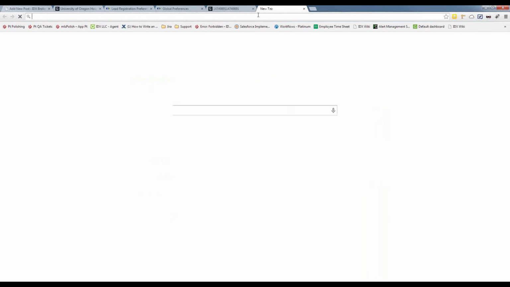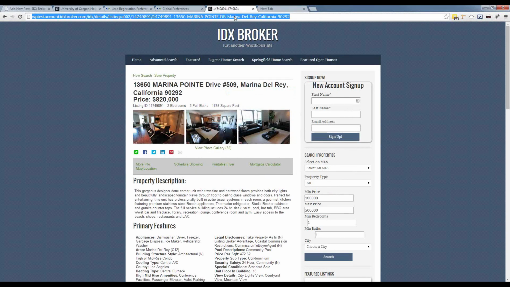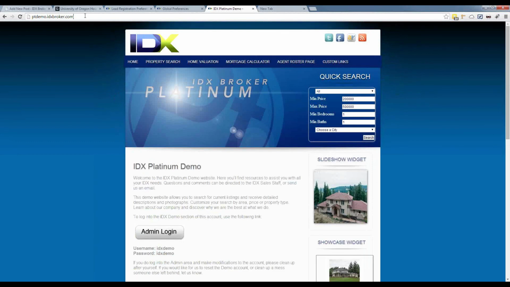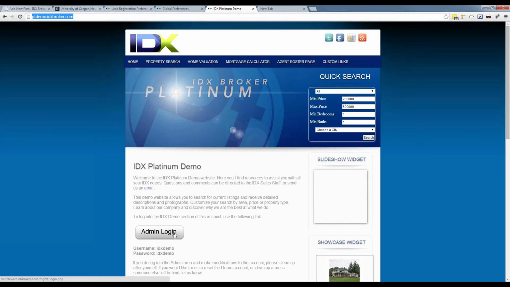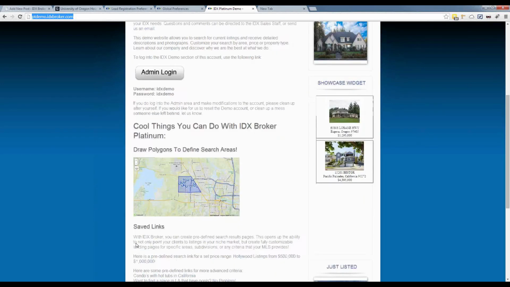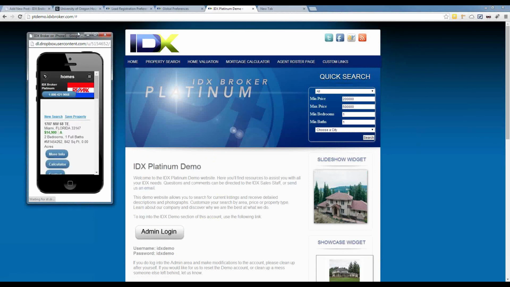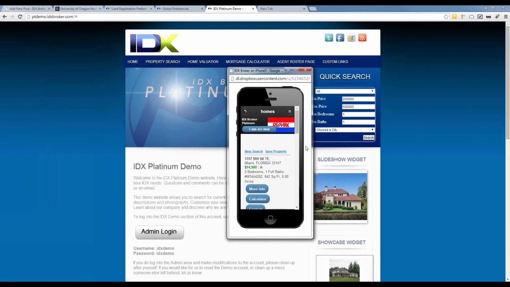So a good example is, let's take a look here at ptdemo.idxbroker.com. This is a good place to go to check out the product overall and just dig in. You can dig into the control panel from the admin login. So if you want to try it out a little bit, IDX demo is the username and password. And then down here, if I click on mobile,